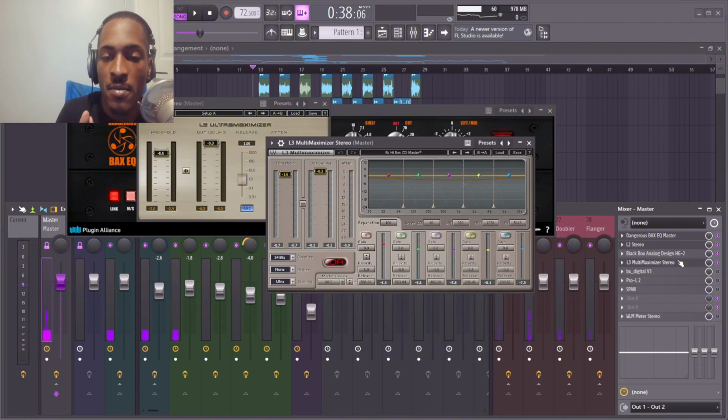L3, this is a multi-band limiter, I believe. I don't think this is... I think this is a limiter. Anyways, I love this thing. It gets your tracks really loud. Yeah, it has this priority thing. So the priority is basically like, whichever one has the priority, it will get compressed more than the other. So yeah, let me just play it so you can visually see.